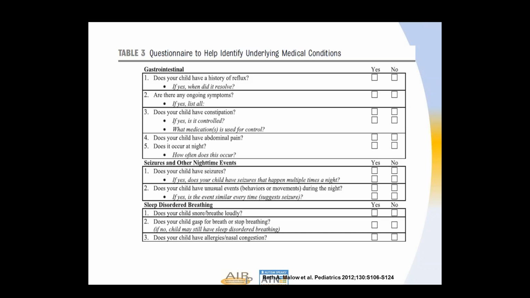Also, if they have constipation and have some abdominal pain because they have not had a bowel movement, these are some other conditions to consider. Seizures are another area for us to explore because seizures occur more frequently in people with autism, as we'll discuss in a few minutes. And then symptoms of a sleep problem such as sleep apnea. So does the child snore or breathe loudly, or are there periods where the child seems to stop breathing?